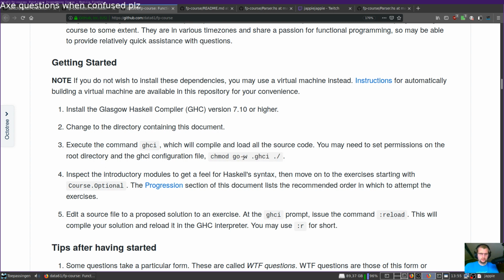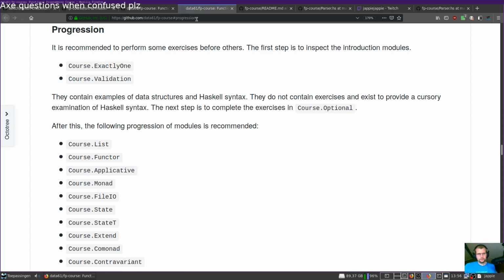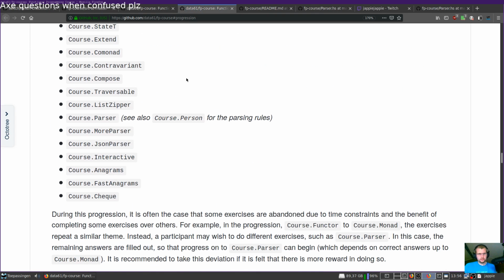I don't have that user, I think. Yeah, that's probably for the Vagrant stuff. Get a feel for Haskell syntax. Then move on to the exercises and start with the Course.Optional. Oh, they have like a list of stuff we should follow first. Now we gotta do Parser.